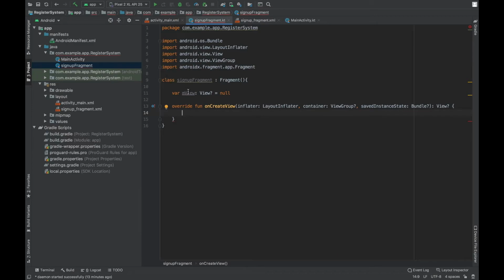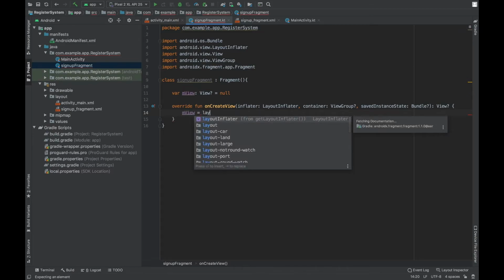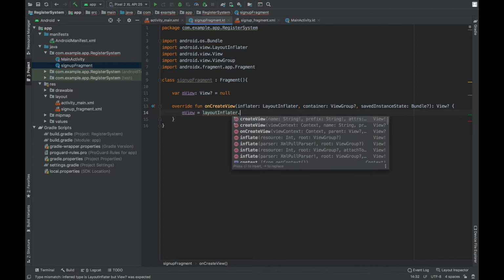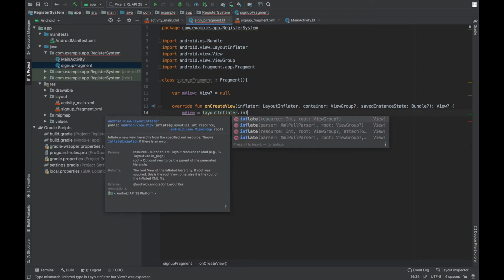Now in this view, we are going to place the layout of our sign up fragment layout file that we created just now. LayoutInflater.inflate. That means in this view the layout file is inflated, and this means that the UI from the file is taken and inflated in this view.